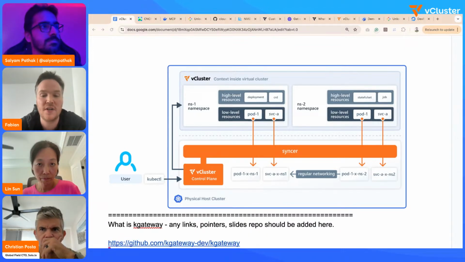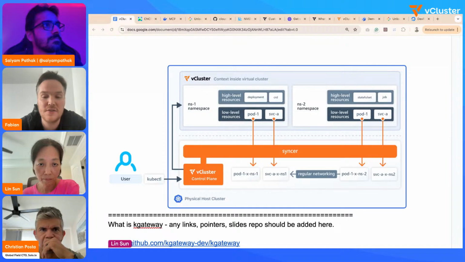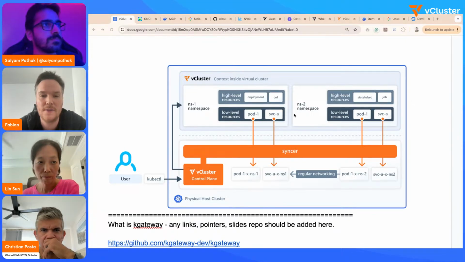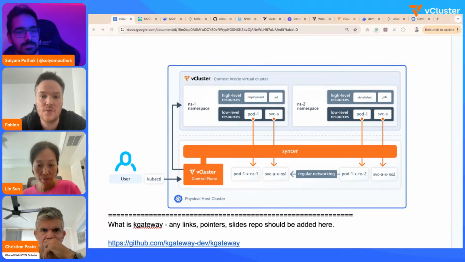And the cool side effect of this is that now you can have a lot of different Kubernetes clusters with a lot of different access points for different tenants or users, for a single underlying host cluster, which then results in much better utilization than if you were to create a lot of separate Kubernetes clusters with their own separate reserved resources.